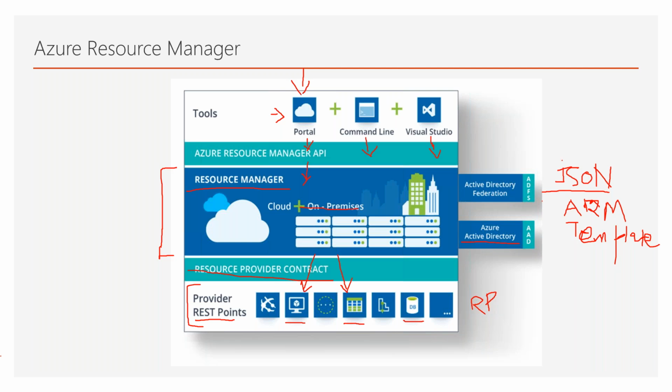Now first of all, we are going to see, when we created the storage account from the Azure portal, where this JSON template is. Number two, we are going to create an ARM template manually by hand, so that you understand what is in this ARM template. Whenever you want to automate things, you can create these ARM templates by hand, and then make a call to the resource manager.